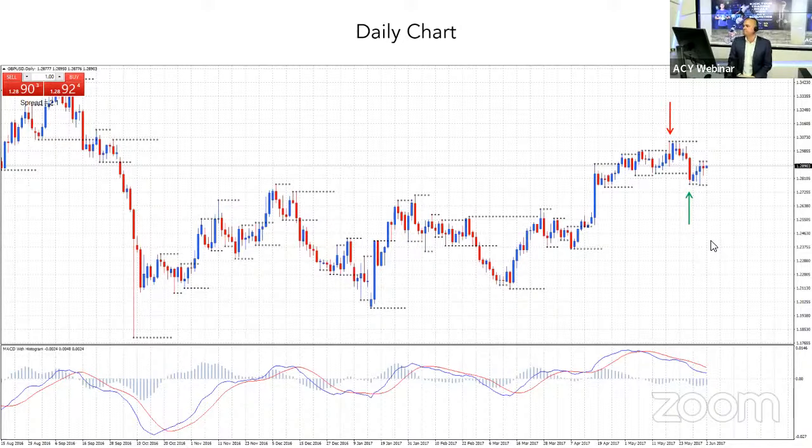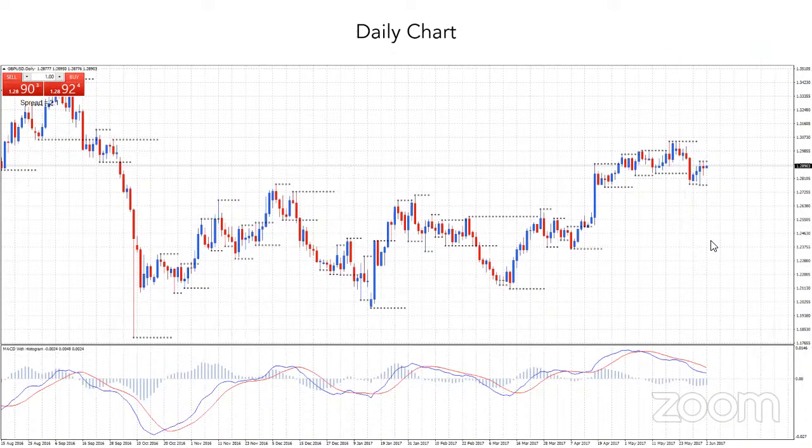So I'm using these dots to signify the importance of those highs and lows. Sure. All right, so let's have a look at an example. So here we have a blank chart. What I'm going to do is draw in and show you where the trend is.